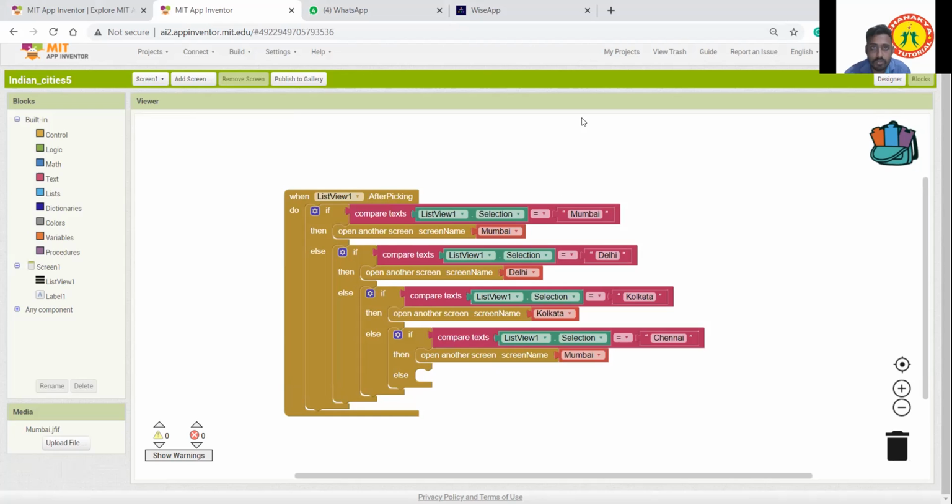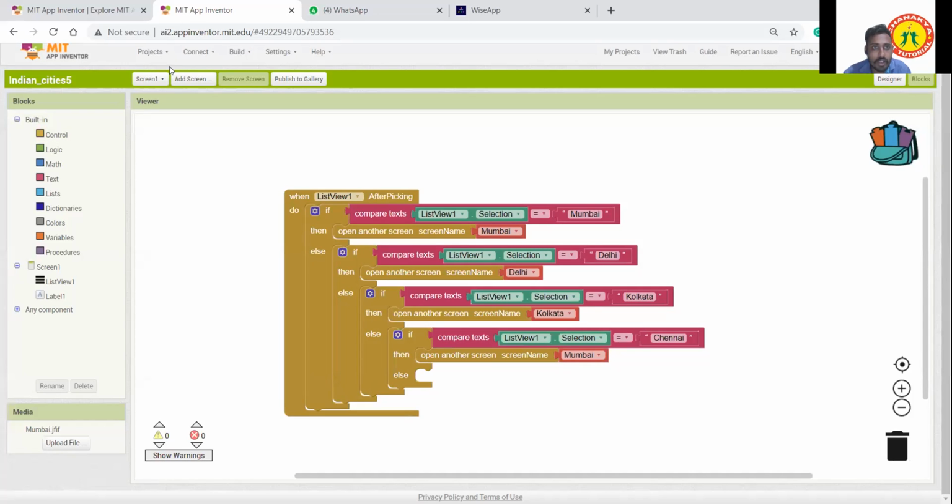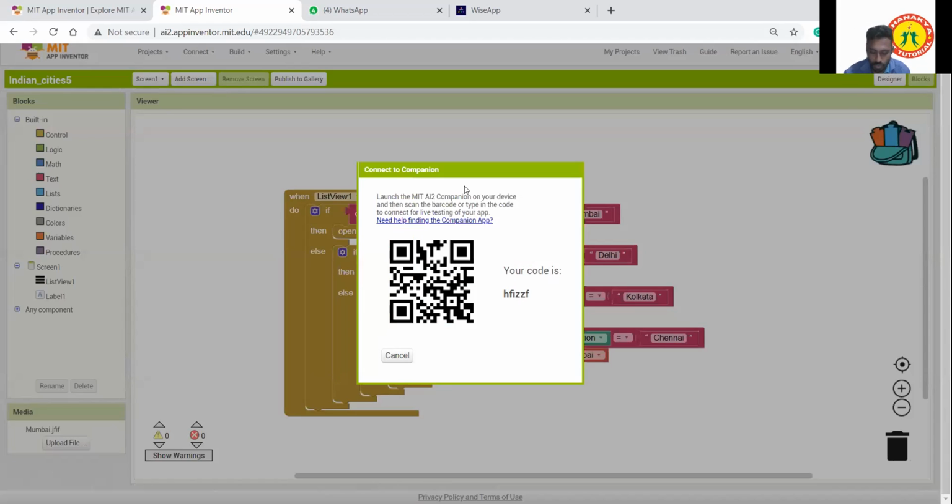Okay, guys, if you have the AI companion, just click connect, click AI companion, scan it, and check whether it is working or not, like this.